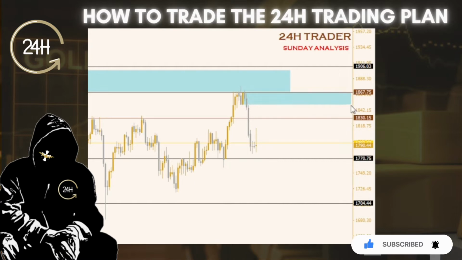This one is the daily POI. Yep, it's already picked the daily POI, and it fell greatly, but then it left another POI right here,